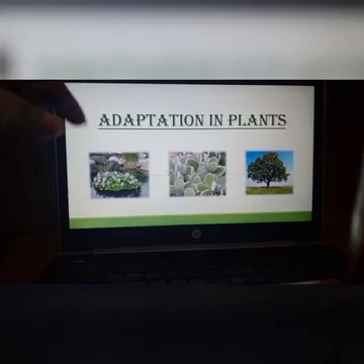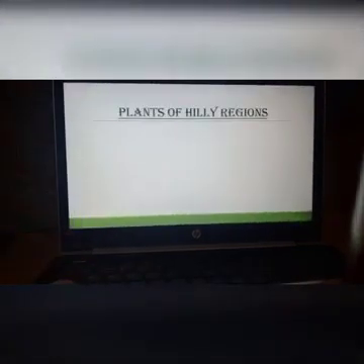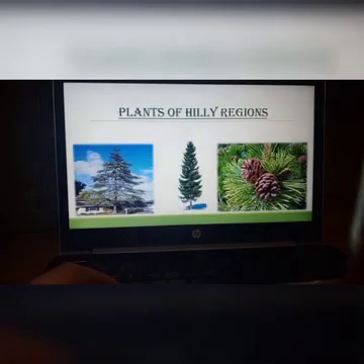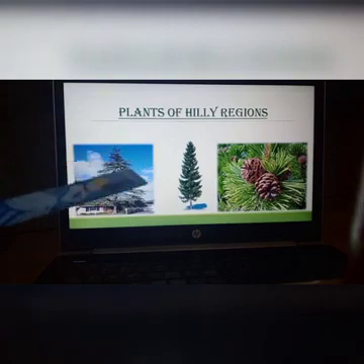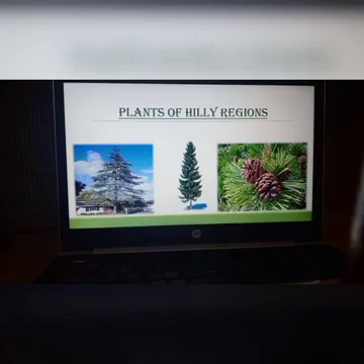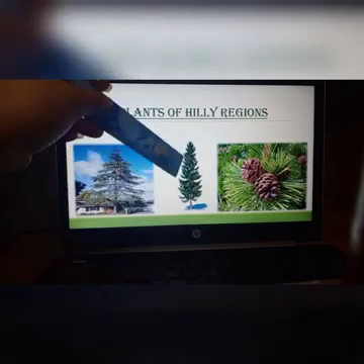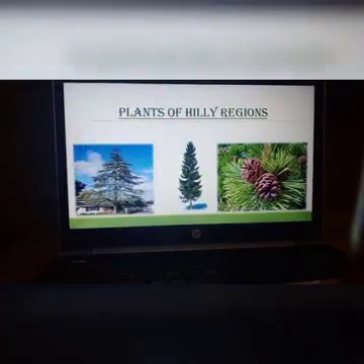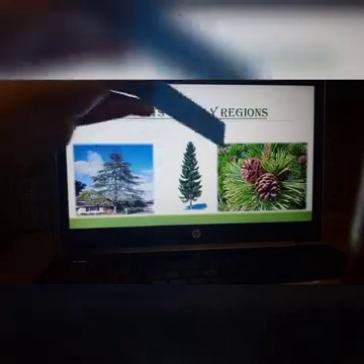Okay, now students, today we are going to study about the plants of hilly regions that you have already studied in the plants of cold regions. They both are same plants. So the plants of hilly regions like deodar, fir, pine, and you can say the tea plant. Okay, they grow in a hilly areas and their shape is conical shape, as I explained this shape earlier to you. Okay, and these plants produce cones instead of flowers.